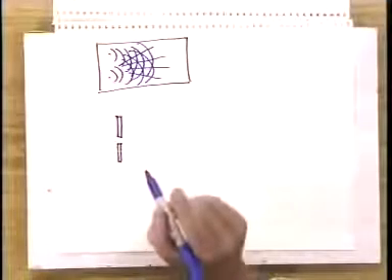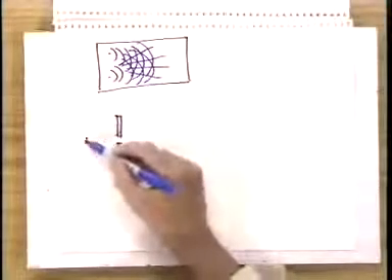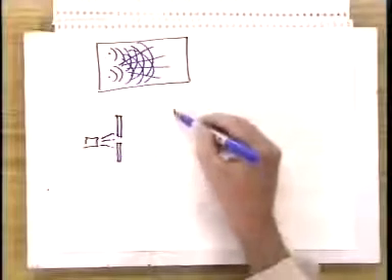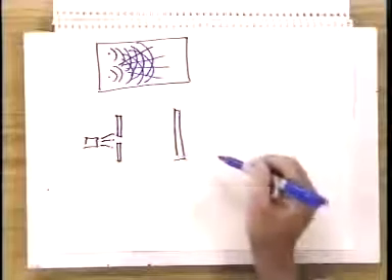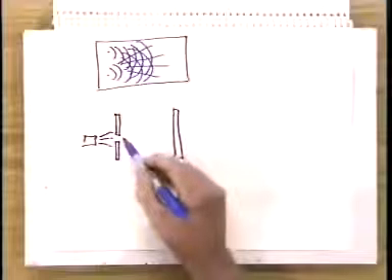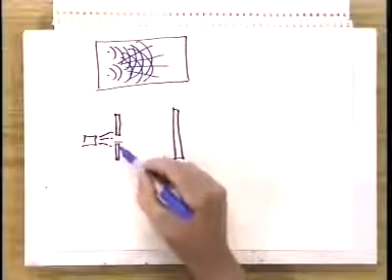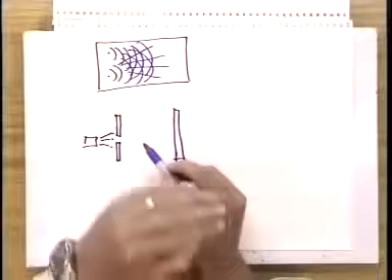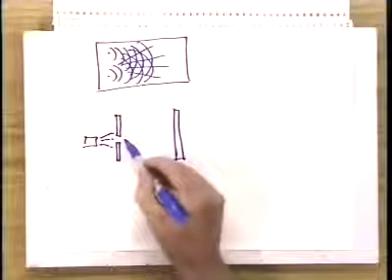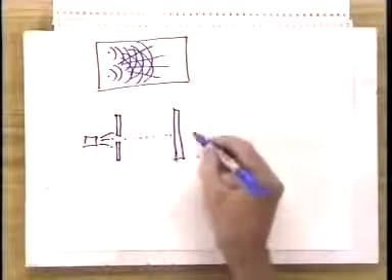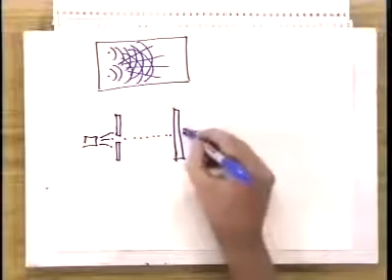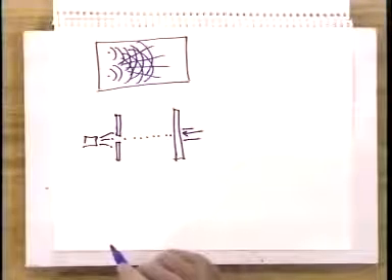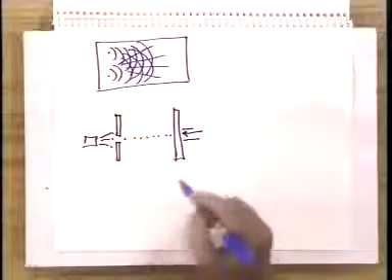first of all, if you have a gun here that's spraying bullets out, individual particles, you have a screen to detect them, and this screen is put here in order to ensure that you have just a very narrow beam of particles. You shoot these particles out. Within very narrow limits, you'll always detect the particles appearing at a predetermined spot.